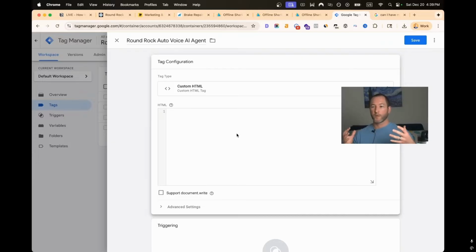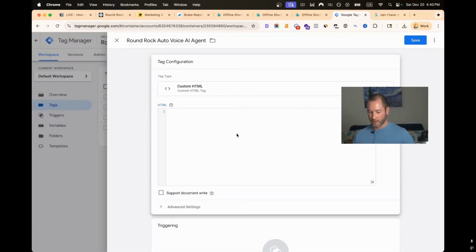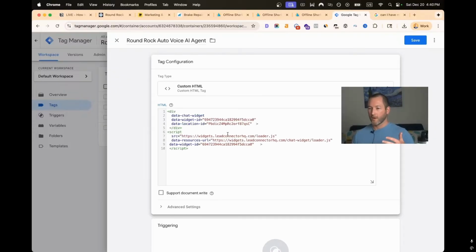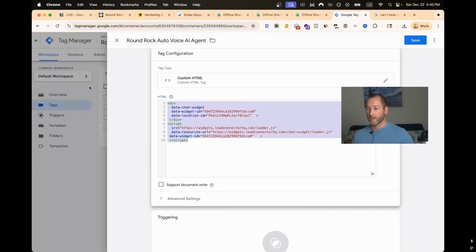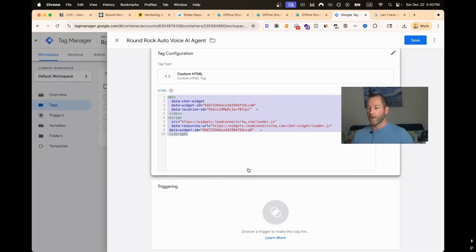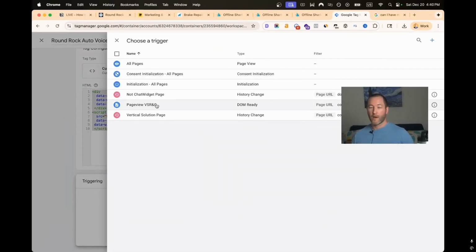including the business, including yourself if you're managing their website, because you just hit save, hit publish, and then it deploys the chat widget instead of you having to make a code change. So that's my TLDR. I think that's a decent explanation though. So I pasted the code that we got from our widget there. And now I have to figure out,